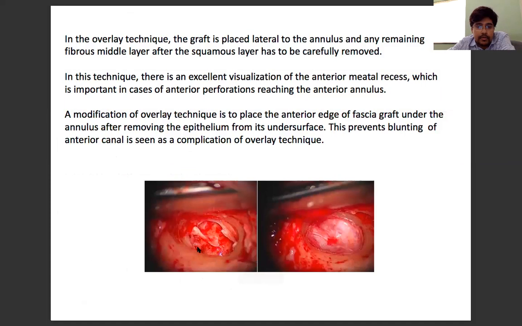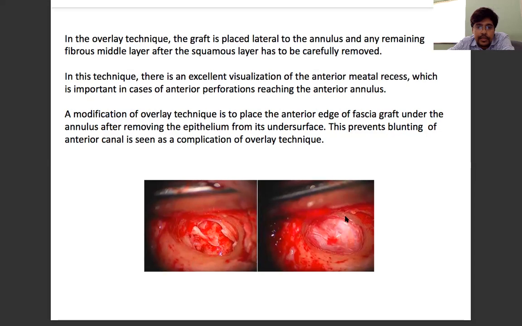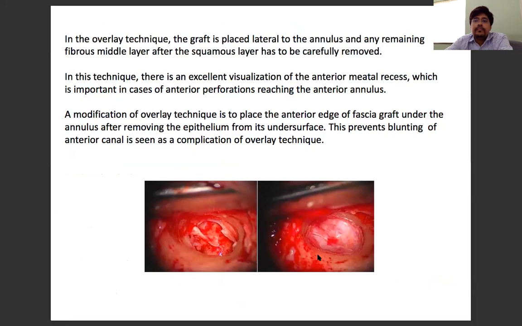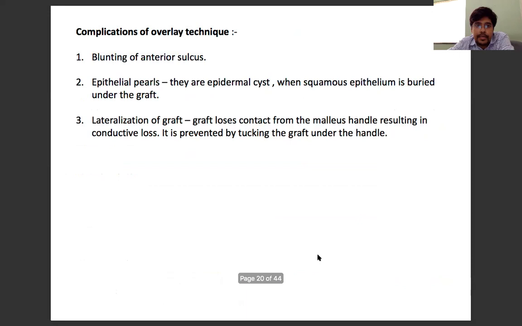See, now clinically, if you can see this photo, this is the handle of malleus, this is the perforation. And see, this is the perforation totally. This is the tympanic membrane. Can you see the remnant of the tympanic membrane? Now we are giving an incision. We are elevating the outer layer, that is the squamous epithelium, and we are putting the graft, and then we are repositioning, as I have shown in this diagram. Same way, this is clinical. So this is myringoplasty, underlay and overlay technique.